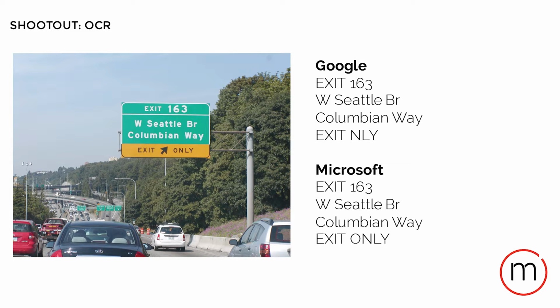OCR, Optical Character Recognition, trying to see what text is on this picture. So Google missed an O there, exit NLY. It didn't get the O right. Microsoft got the O and got the text correct. Maybe in another picture it's different, but it's something I noticed here. So it can actually detect signs and stuff like that. And this is used heavily in cars. For example, Tesla cars use cameras to look at speed limits, to make sure that you're doing the right speed, and warn you if you're not. So that's OCR in video then.